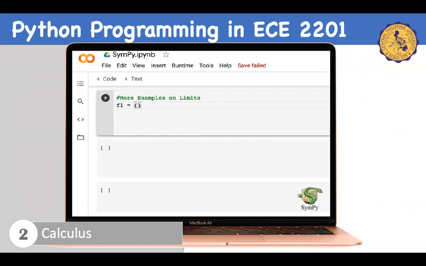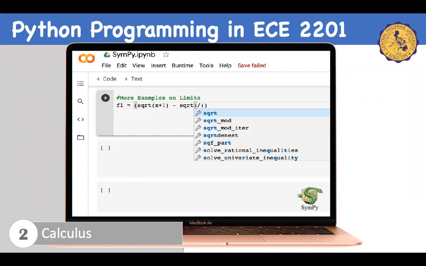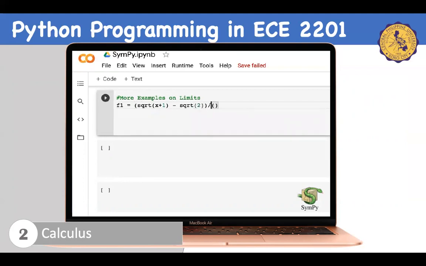So I will create a function here, a fraction. We have square root of x plus 1 minus square root of 2,